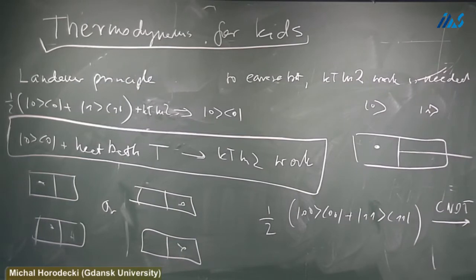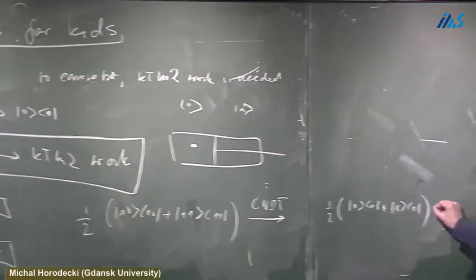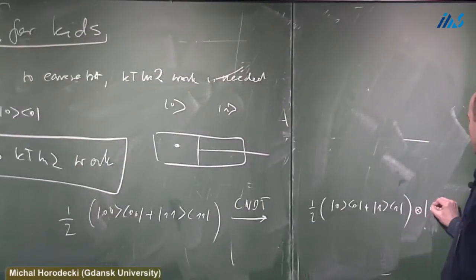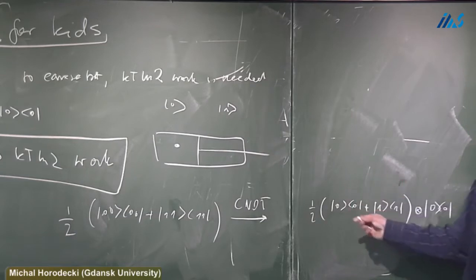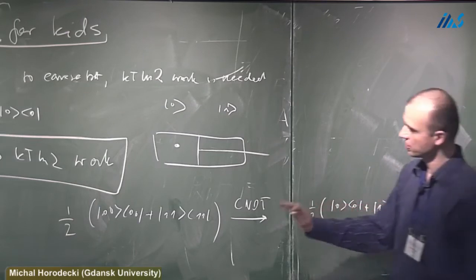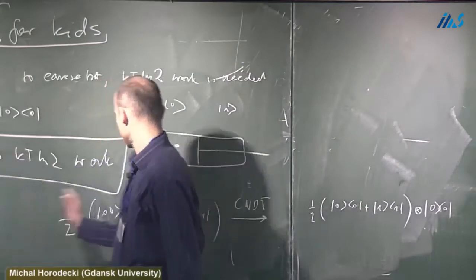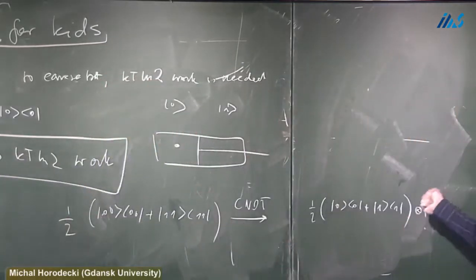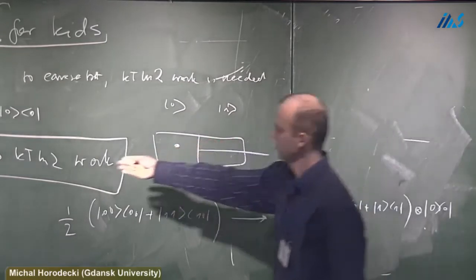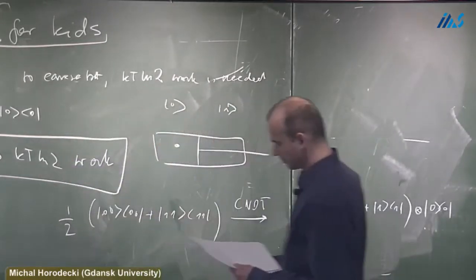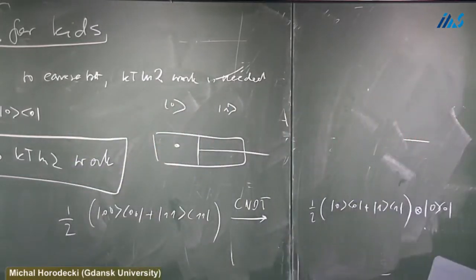So you don't know where the first particle is, but you will know where the other one is. So in one box you don't know where the particle is, but in the other you know precisely. So you somehow distilled from this mixed state one pure bit of value 0, and then you can draw this amount of work.